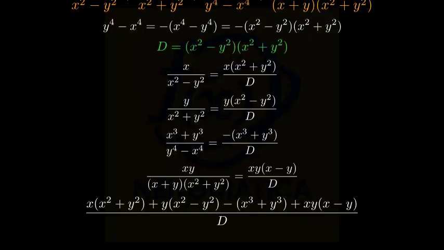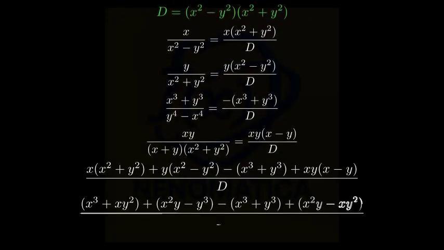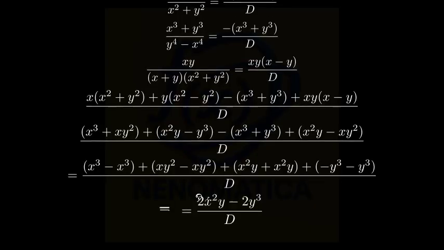x times (x squared plus y squared) gives x cubed plus xy squared. y times (x squared minus y squared) gives x squared y minus y cubed. Then minus (x cubed minus y cubed) plus x squared y minus xy squared. Factor the numerator as 2y times (x squared minus y squared). Then cancel the common factor with the denominator. Great. Now